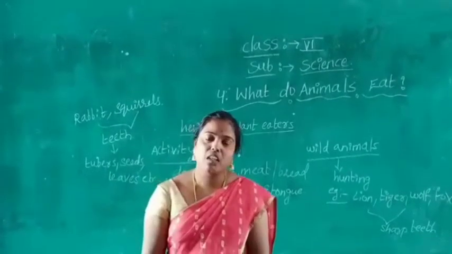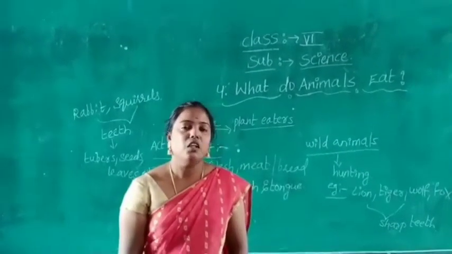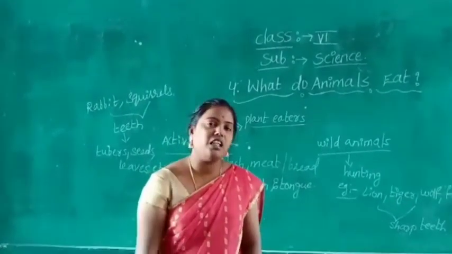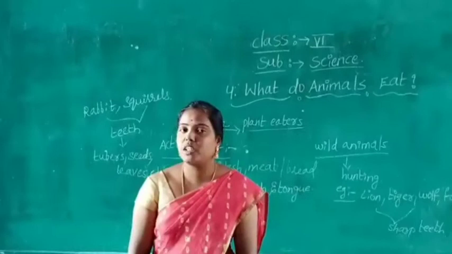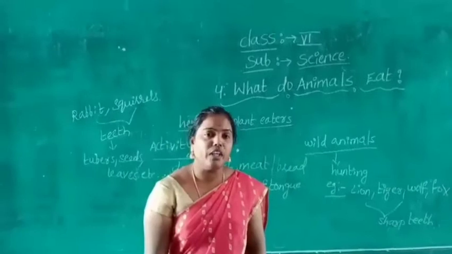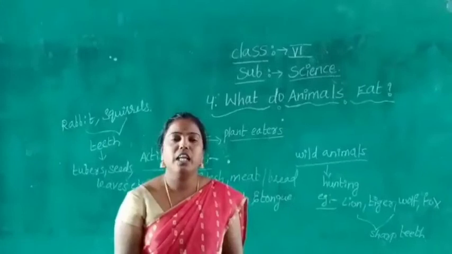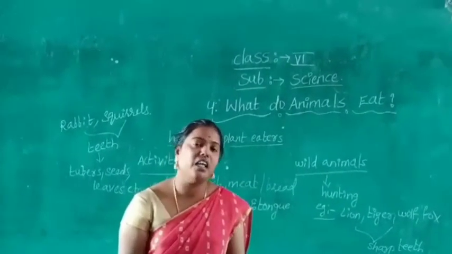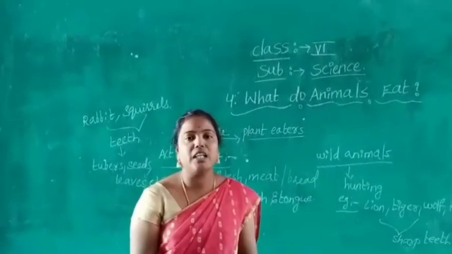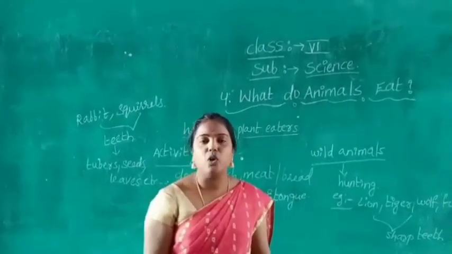Okay, children, the dogs and the cats have very sharp teeth. By using these sharp teeth, dogs and cats hunt other animals and eat other animals. Once you observe the cat while it is hunting a rat, the cat has very sharp teeth, and by using its sharp teeth, the cat hunts rats and eats the rats. Observe the concentration and actions of the cat while hunting a rat. This is about what? About the dogs and cats.